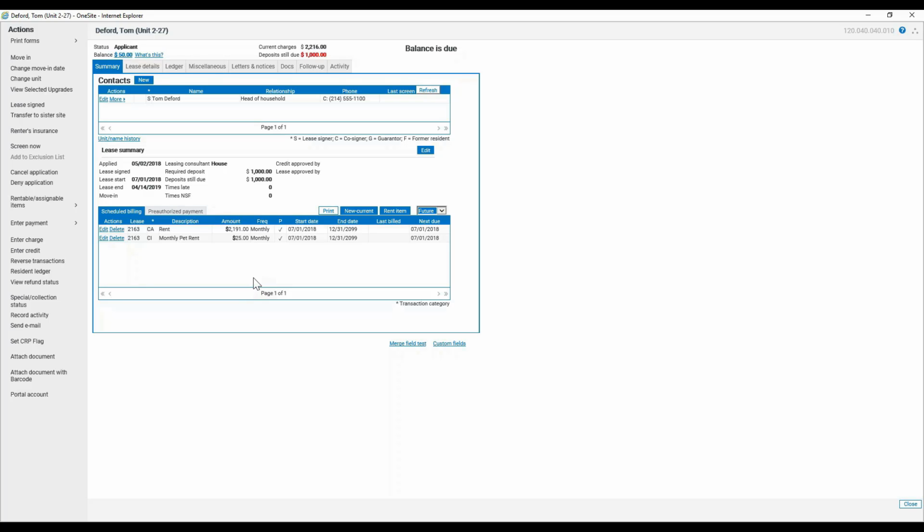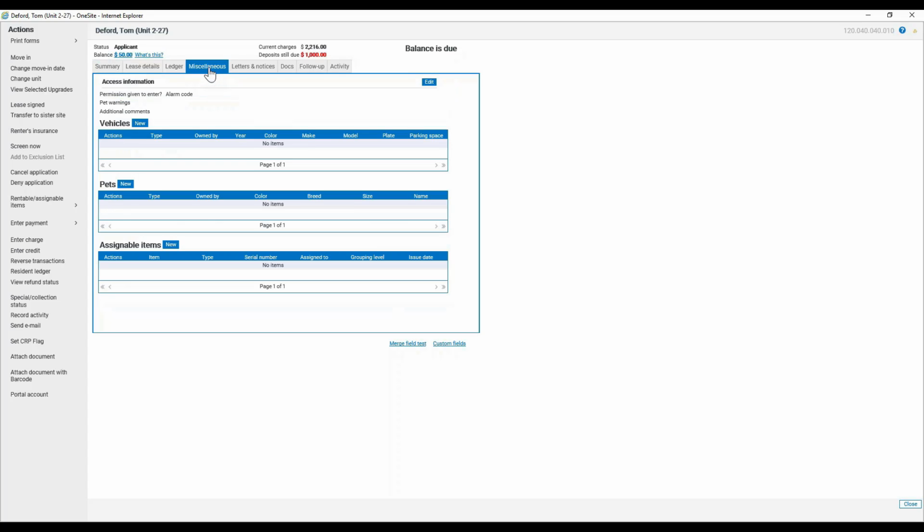Once you've verified your scheduled billing, go to your Miscellaneous tab. Make sure that any vehicles have been inputted if they've provided you that information, and make sure that any pets have been inputted if they do have a pet. A lot of times inside your packet, your pet addendums may have what we call a pet constraint, which means that particular addendum is looking for something here within OneSite to tell it whether or not it's needed given the